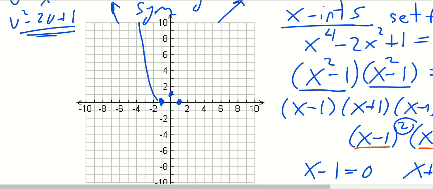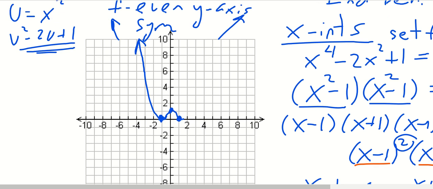I have to go up to the left. Eventually, we have to come down and pass through this x-intercept. But remember, we're not going to cross the x-axis. We're going to touch, and then we're going to turn around. Now, when we turn around, we eventually have to make our way up and pass through the y-intercept at (0, 1). From there, we eventually have to turn around to get back down to this x-intercept at (1, 0). Again, we're not going to cross. We're going to touch and turn. And that agrees with our end behavior here, where we have to then go up and approach